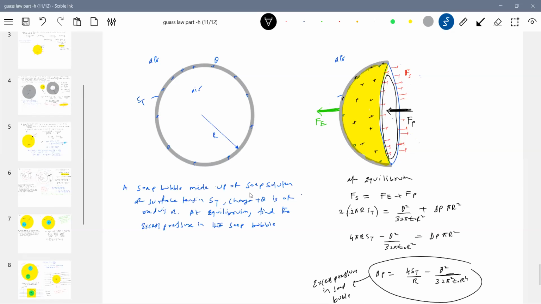Okay, now you say that if excess pressure is 0, can we calculate the charge? If excess pressure is 0, who will balance the force due to surface tension? The electrostatic pressure. So if the pressure inside the bubble is equal to the pressure outside the bubble, then delta P should be 0. Then we can calculate what charge I should put on the soap bubble. Okay.